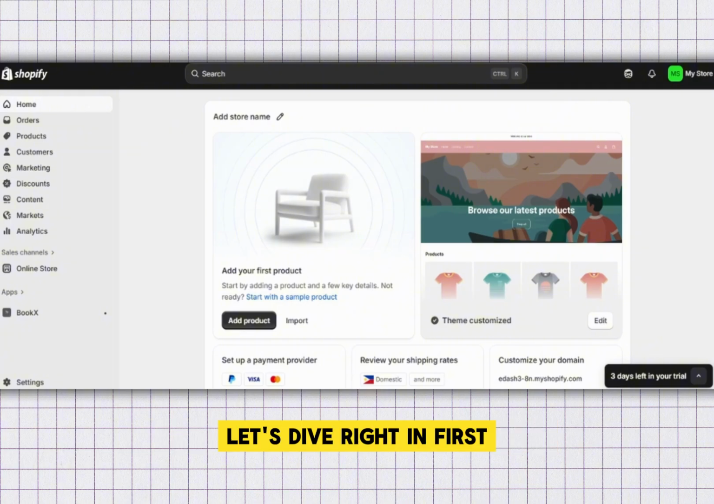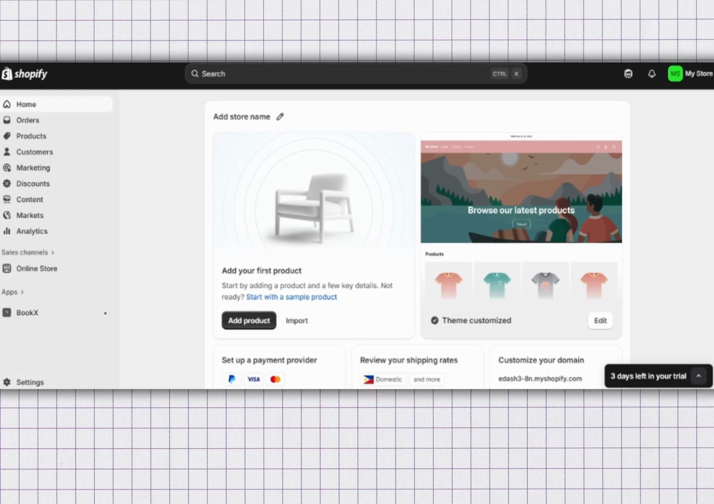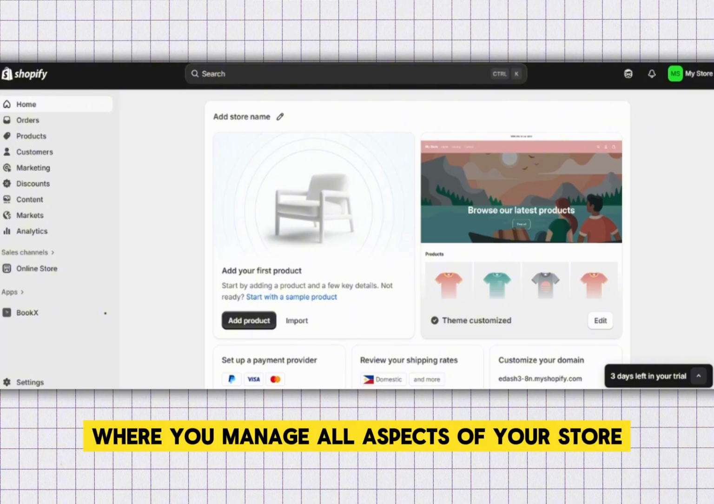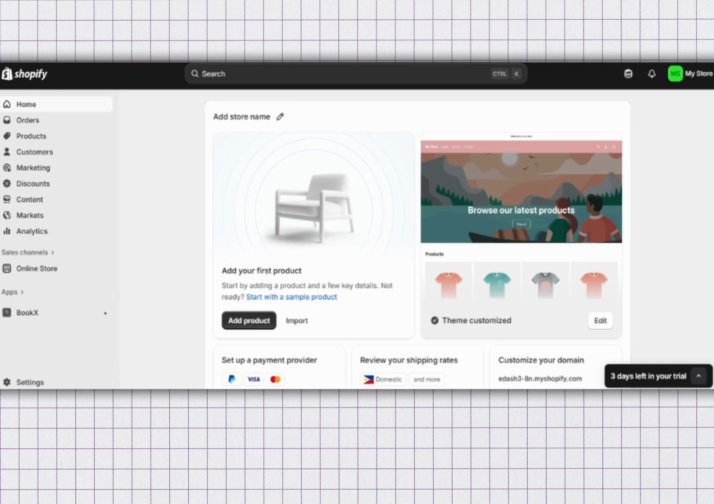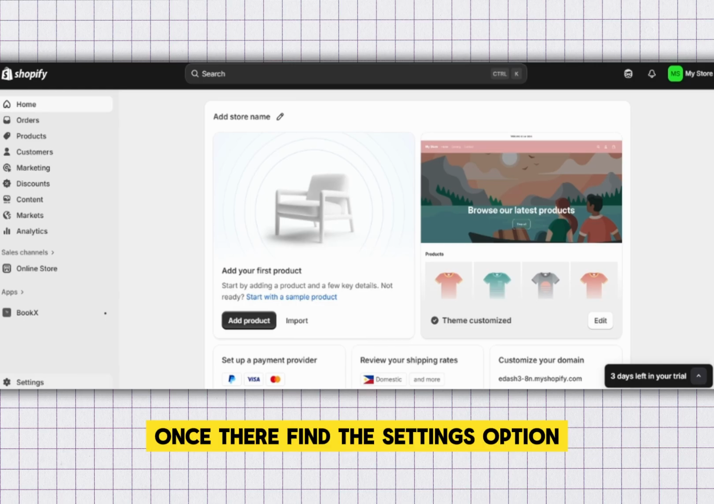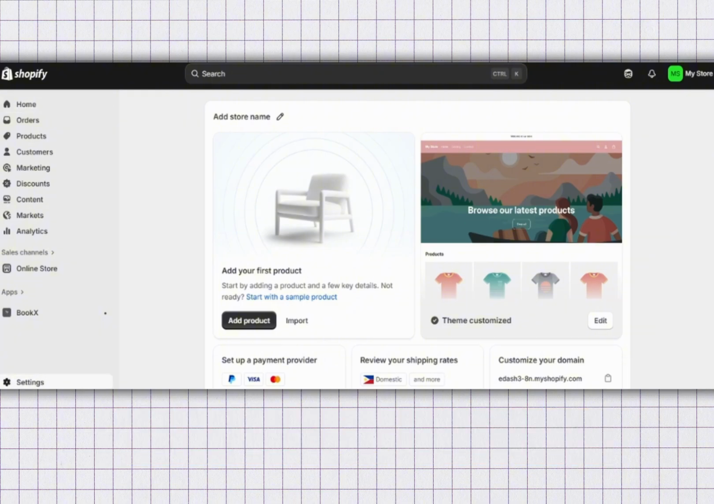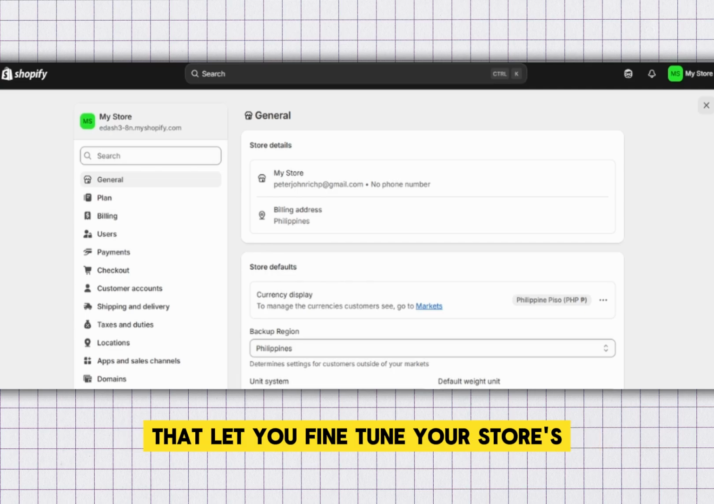Let's dive right in. First, you want to open your Shopify admin page. For those unfamiliar, this is the central hub where you manage all aspects of your store, from products and customers to themes and analytics. Once there, find the Settings option, typically located near the bottom of the left-hand navigation panel. Clicking on Settings will open up a new menu with a variety of administrative options that let you fine-tune your